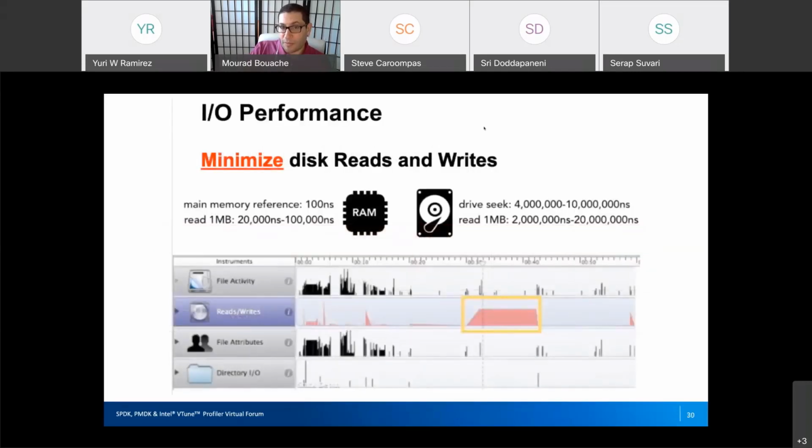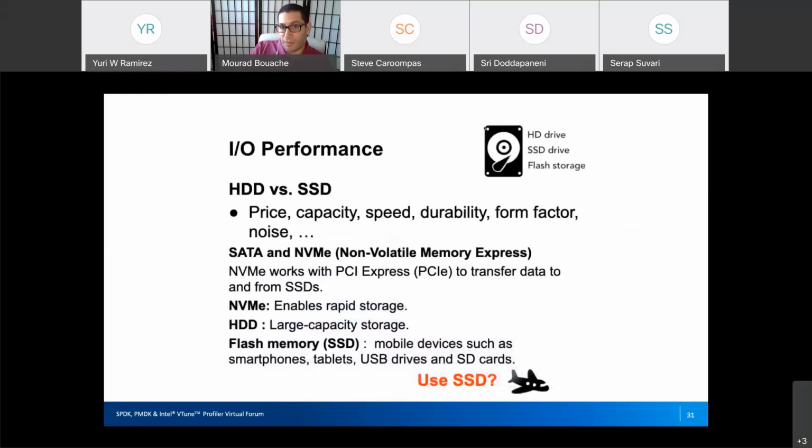I/O performance: minimizing disk reads and writes is going to help a lot in performance, and you can see different tools that you can use for the disk. For everything which is I/O, we have specific tools internally that we are using to check the performance of I/O, and just say hi to Samir, who is taking care of this. I/O performance for hard disk and SSD, and why we're using SSD. All these things are very helpful in extending the performance of the I/O.